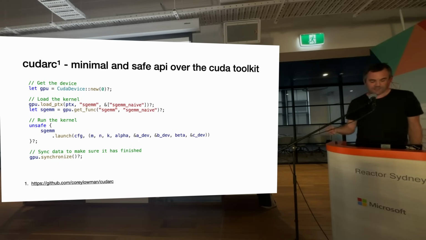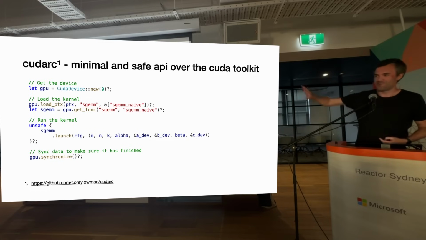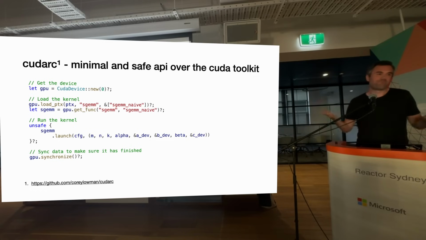In the Rust community, there are bindings to CUDA. This one is probably the best that I've seen, and I've looked through a fair few of them. It's written by a guy who's writing a machine learning library. You can see it's very high level. You sort of say, I just want a device. I'm going to load this PTX, which we'll have a look at on the next slide. That's the actual kernel that you're going to run. Go and get it and launch it and pass some stuff, bit of unsafe. That's how you're going to do it. Wait for it to finish. Important thing.